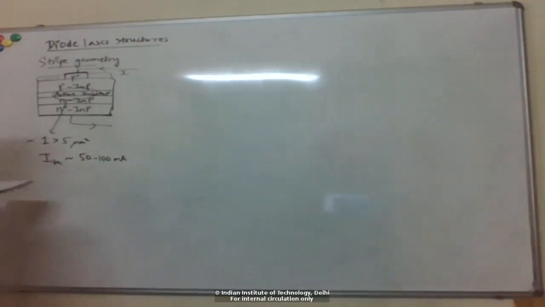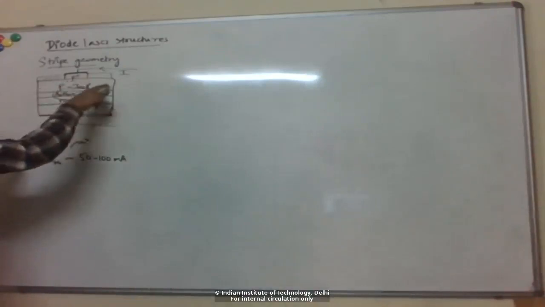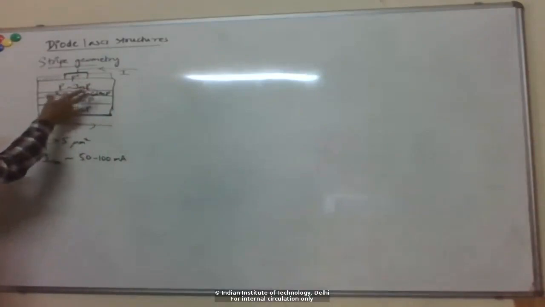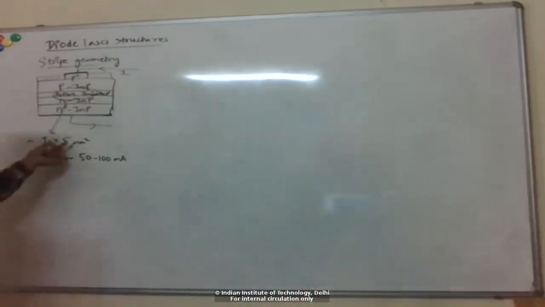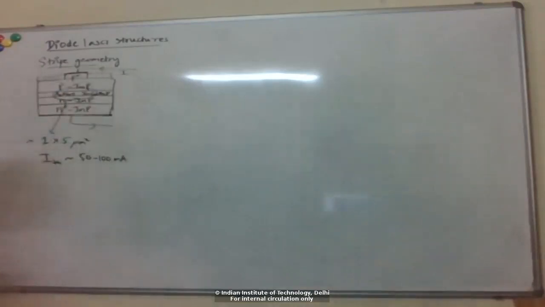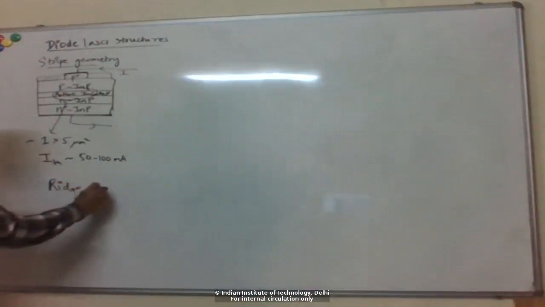So you can make the device a little bit more efficient by etching this P region a little bit further down, to confine the mode a little bit in the horizontal direction. Here, basically because there is no confinement in the horizontal direction, the mode is highly elongated along the horizontal direction. So if you go to what is known as a ridge geometry,